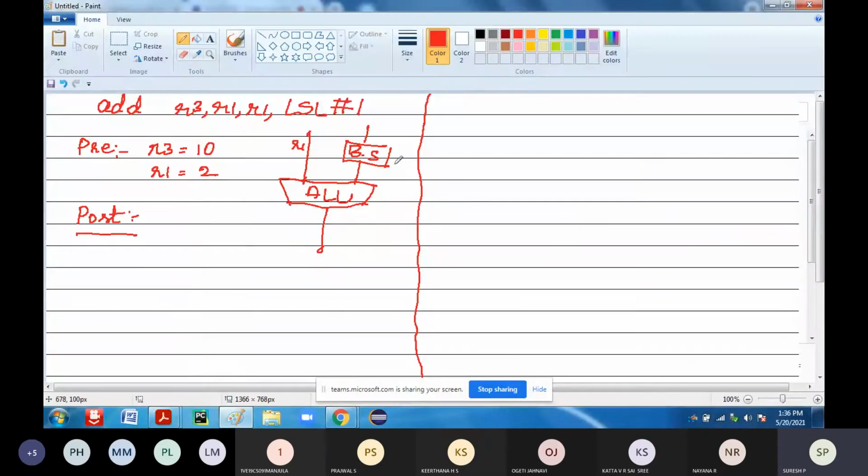Okay. So this is one of the assignment problems they have given. Some of your friends have asked their doubts about how to solve this particular problem. So for those who don't know how to solve this, I am telling. This is the instruction: ADD R3, R1, R1, LSL #1 — logical shift left